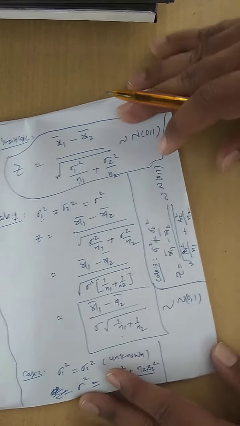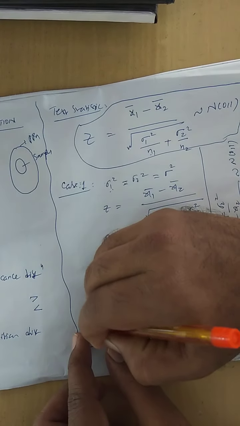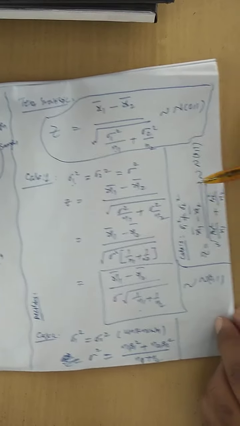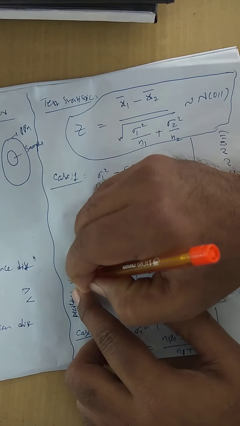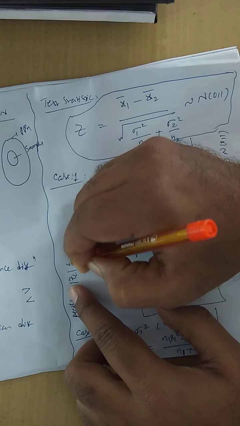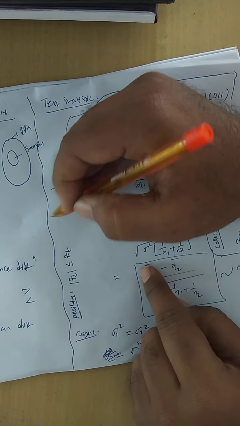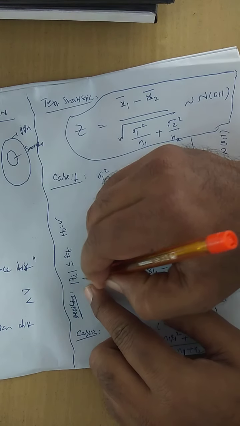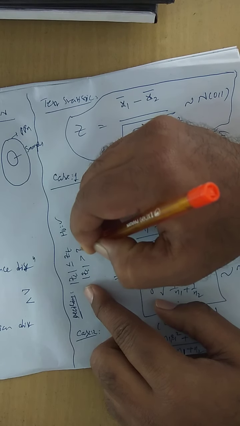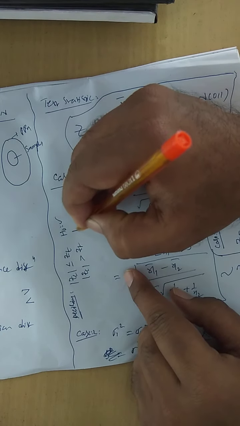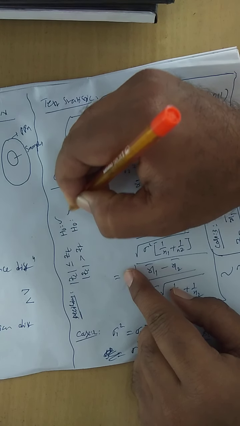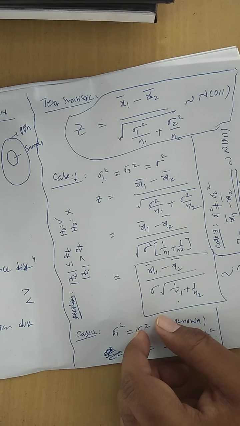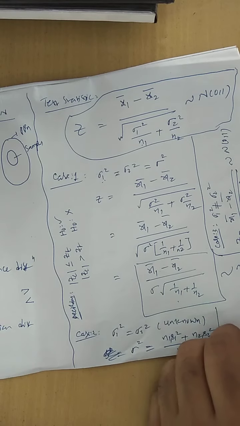After this, as usual, what is the decision making? How to take the decision? This is common. We compare this statistic value with that of the table value. If modulus of ZC is less than or equal to ZT, what is the decision? We accept H0. Or if modulus of ZC is greater than ZT, what are we going to do? We are going to reject H0. So what do we call this? Decision making. Okay.